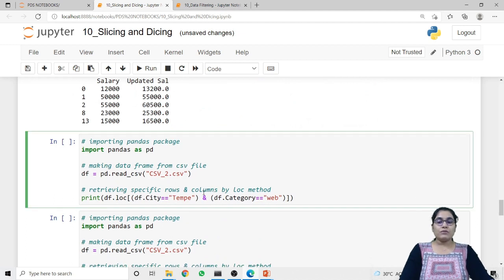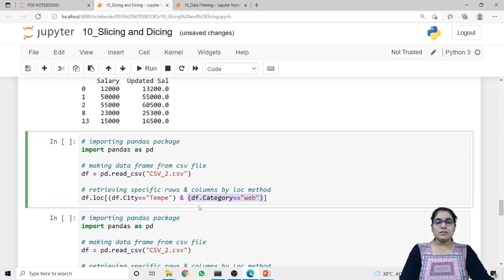Now, if you want to give more than one condition, say for example, I want the data in which the value of city is temp as well as the category is web only, then also I can perform this inside this df.loc method. So in this df.loc method, in bracket, I have to pass my first condition. Then using this ampersand, I can also provide the next condition.